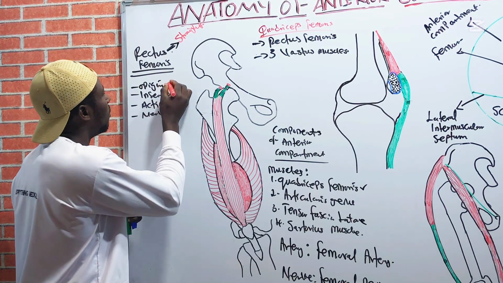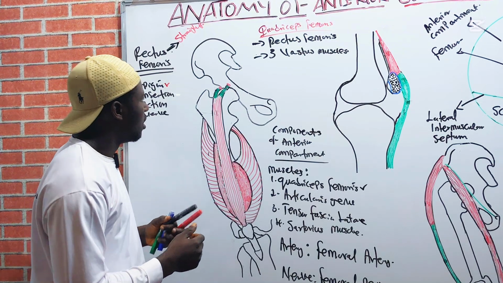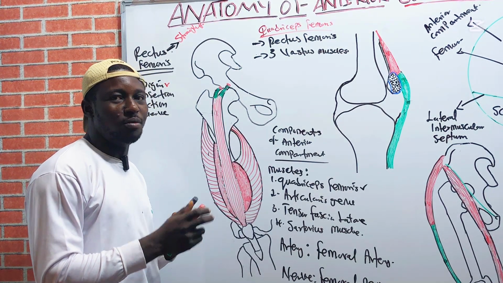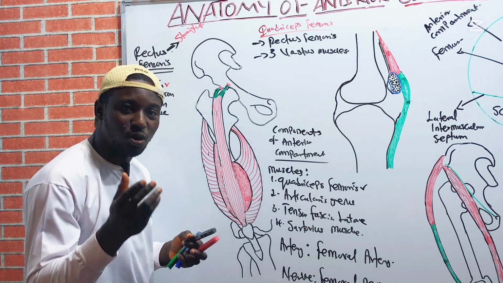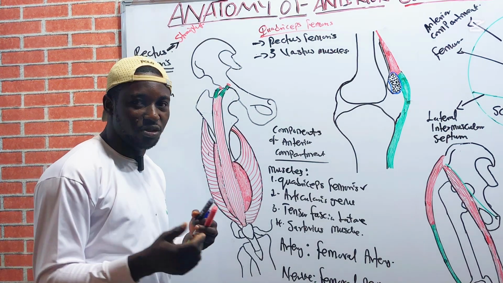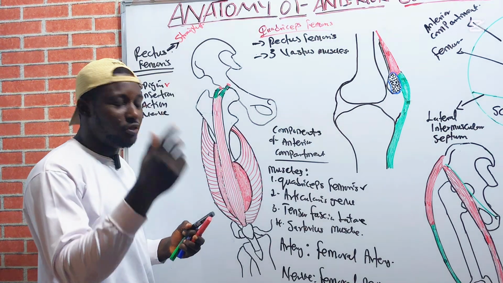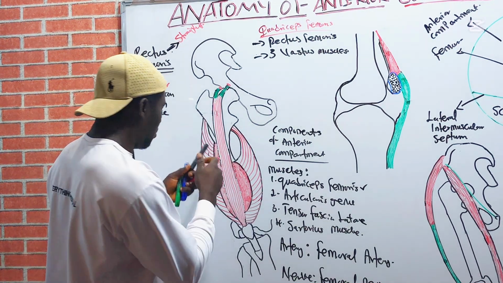What is the origin of the rectus femoris? The rectus femoris has two heads of origin from the ilium of the hip bone. Ilium is one of those bones that forms the hip bone. Okay, it has two heads of origin. Right here